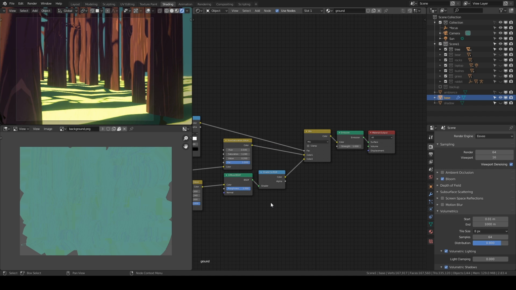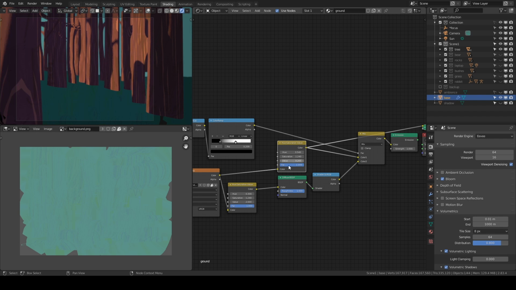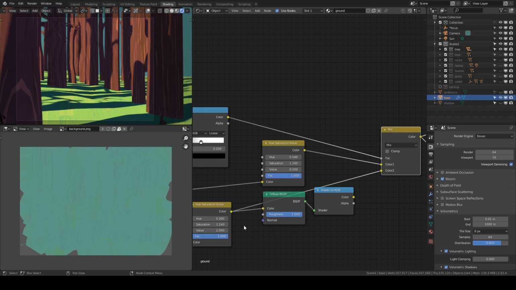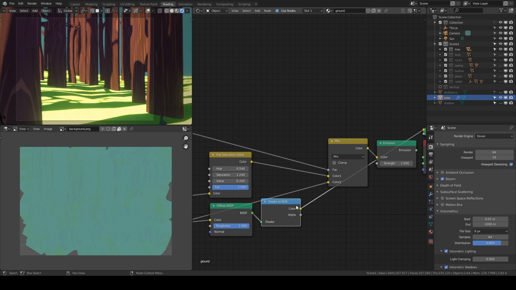Now you might be wondering why I used another pair of diffuse and Shader to RGB. So this was the midtone and this was the value. If I had clubbed this midtone into this mix, I would have got a shader like this. I would never have got the shininess, the brightness, even though the value is 2. So in order to leverage that, I plugged that into a diffuse and Shader to RGB combination so that I got something like this for the midtone and highlights, which when I plug into the mix, I get a better result of both brightness and a really dark shadow.